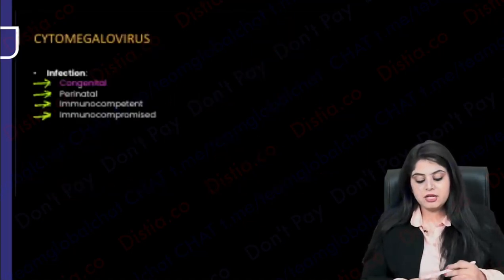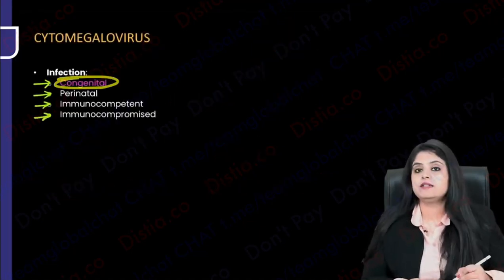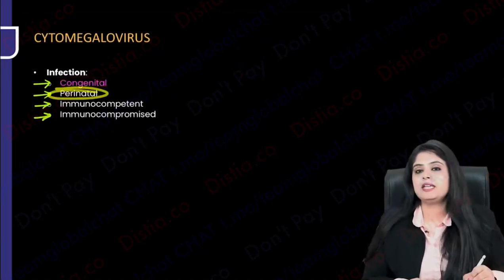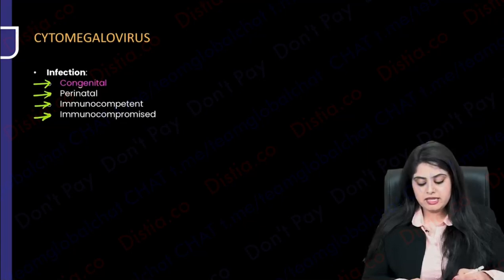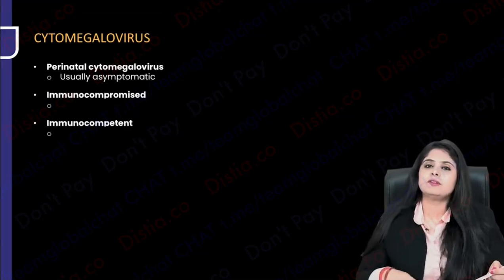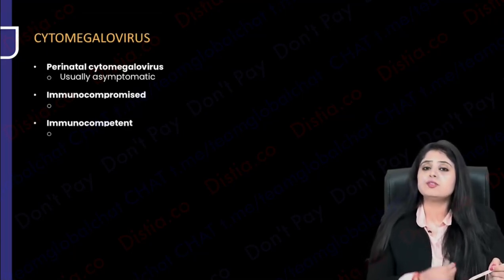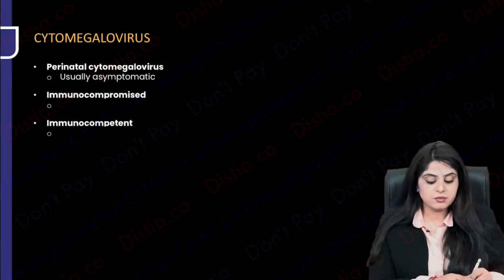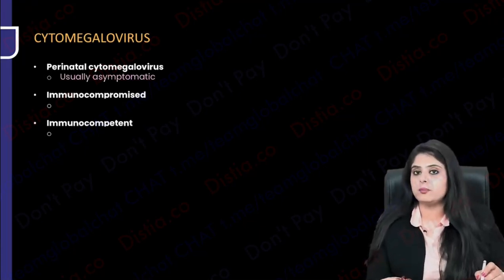So which kind of infection was this, guys? This was the congenital infection. What is happening in perinatal? So perinatal, usually immediately the child is not going to show you any complications, because it's happened somewhere around delivery, the exposure has happened. So for a great time, the child is asymptomatic. Later on, he might end up showing you complications.